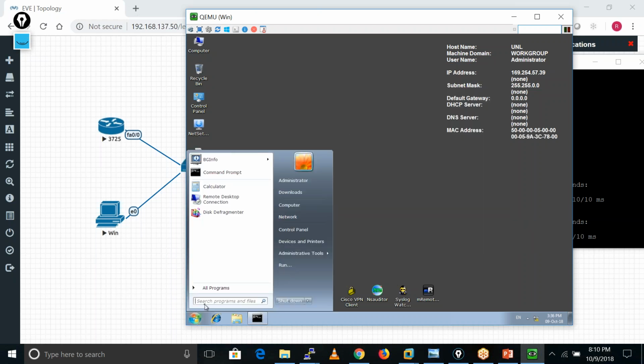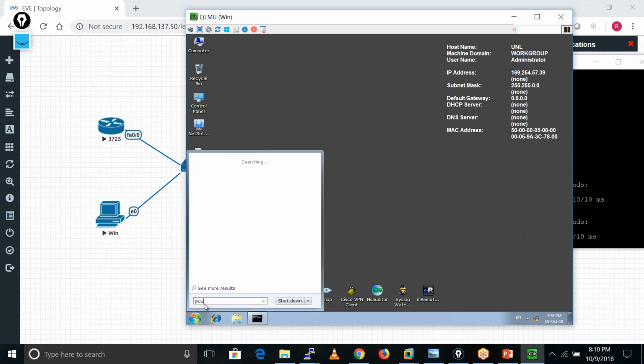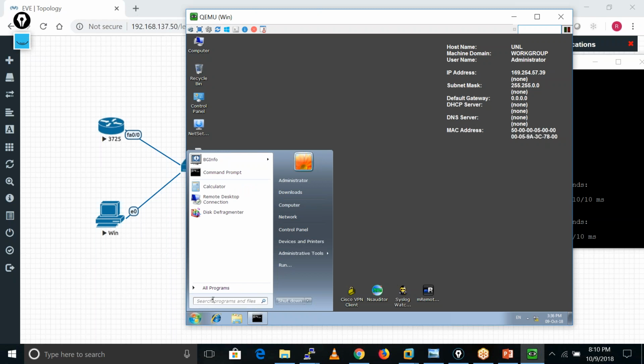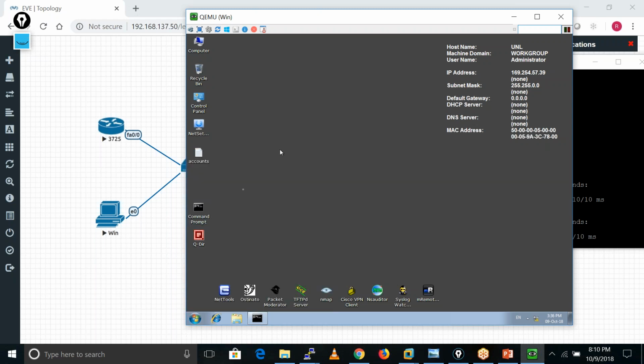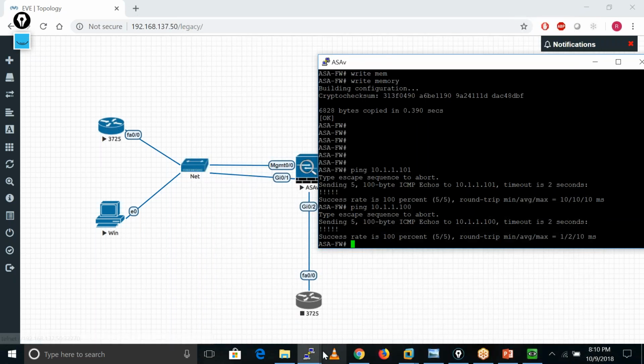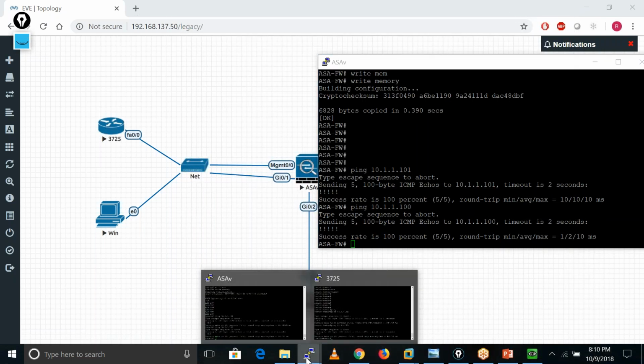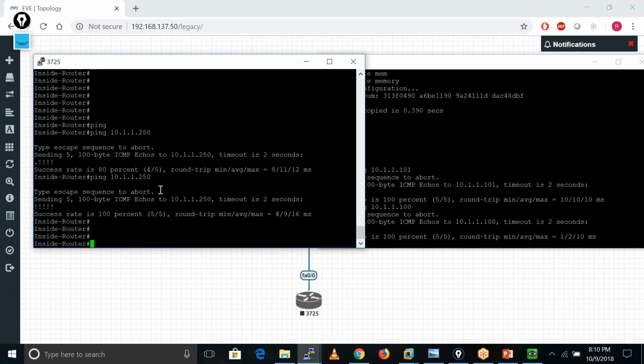We always use that PuTTY software to do that kind of thing. I don't have that software there, so let me use this device to initiate a telnet to my firewall.